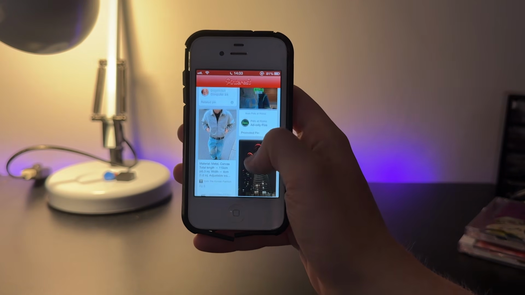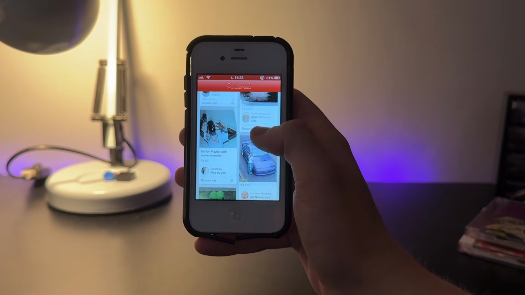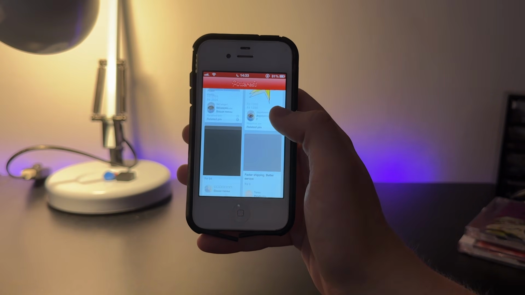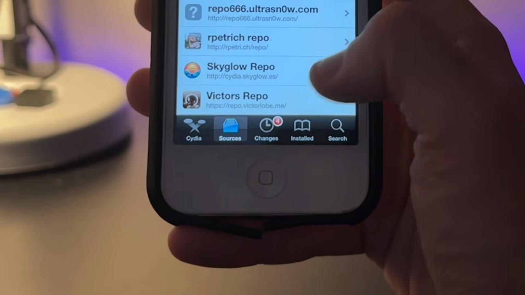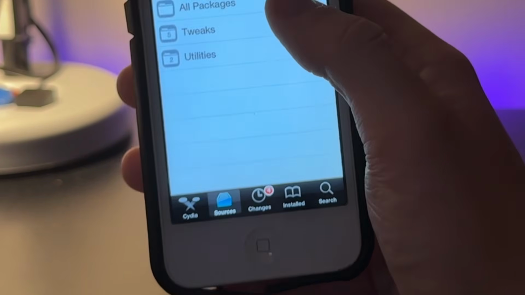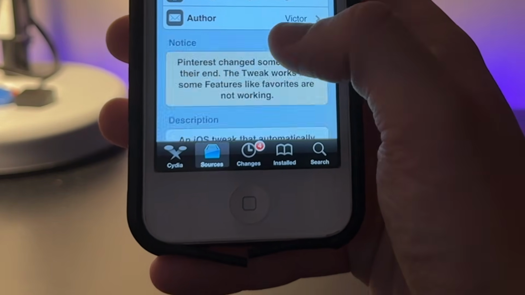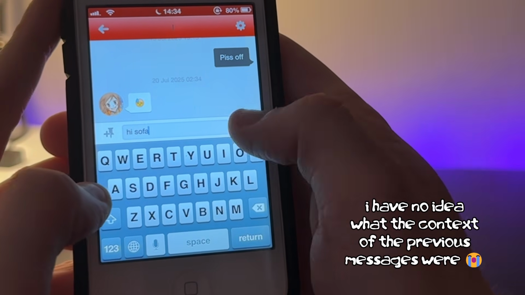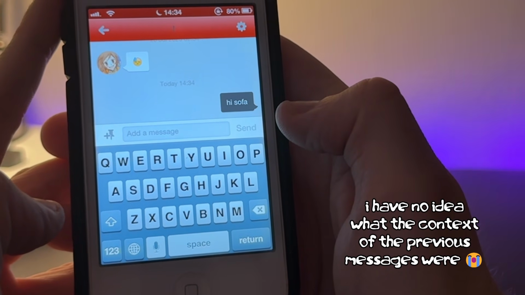Another one you can get working very easily is Pinterest, and I like Pinterest because it's a good place to get wallpapers for these phones. For this, all you need to do is get an old Pinterest version from Viteris and then go to Victor's repo and install the Pinterest fix tweak. You can also log in and message people, which is pretty cool,